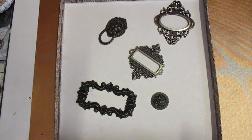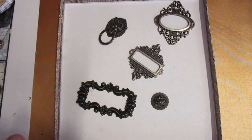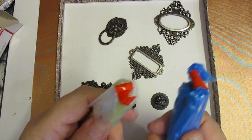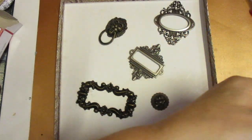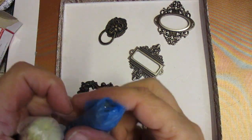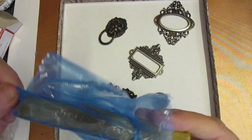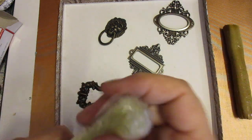Hi everyone, I did come back and say I'd show you how to use the Milliput. Now this is the standard Milliput, and inside the box you get 2 tubes, and it's just like putty. But what you do, which I'm just going to share, because I want to be able to make things, moulds. So this is a little bit cheaper way of doing your moulds,